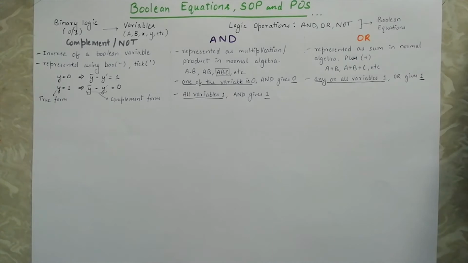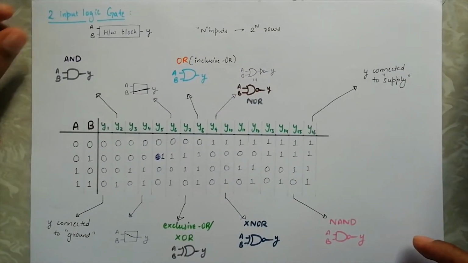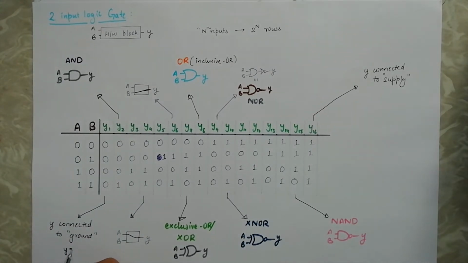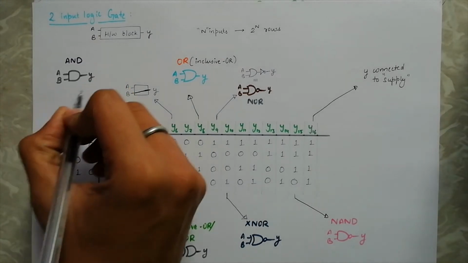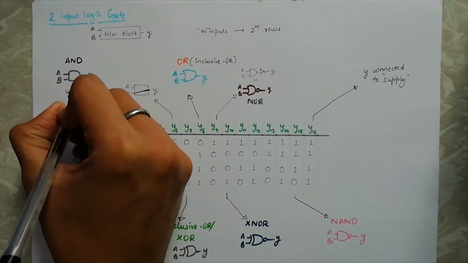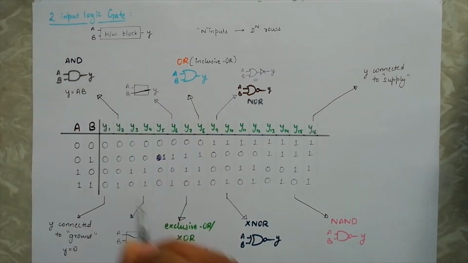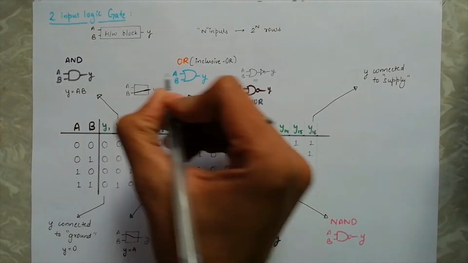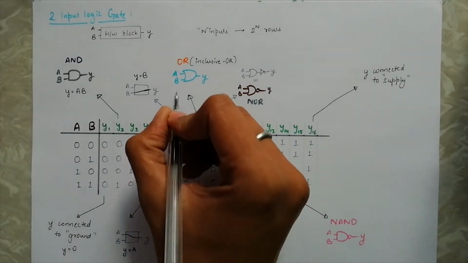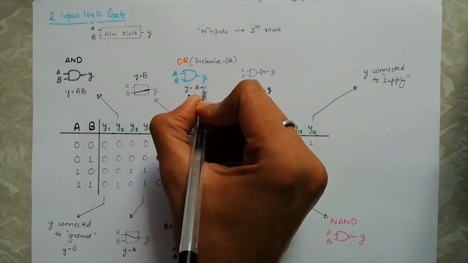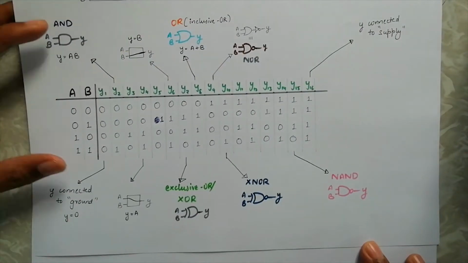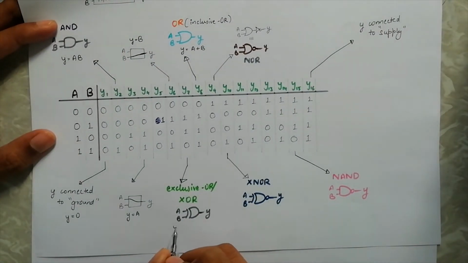Again, going back to the previous video slide, we can write Boolean equations for two input cases now. First we can write it y equal to 0. Then we have a and b directly using the AND logic operation. Then y equal to a, y equal to b, y equal to a or b, again directly using the OR logic operation. Y equal to a XOR b.